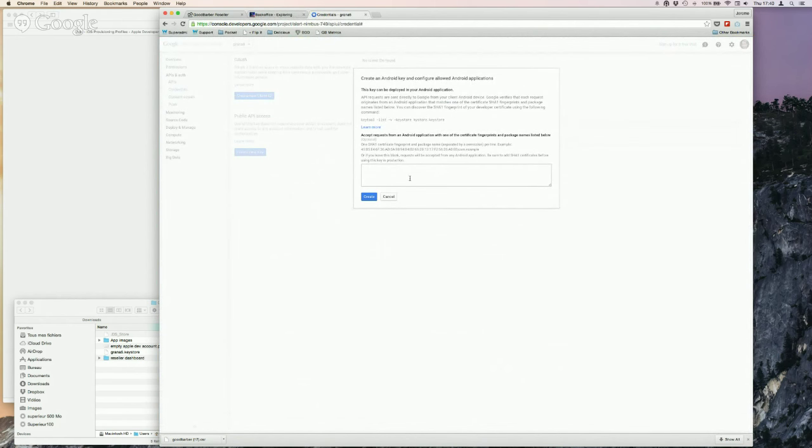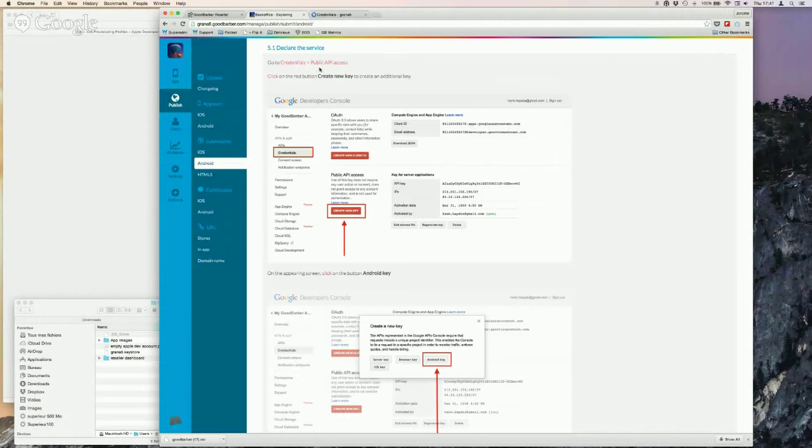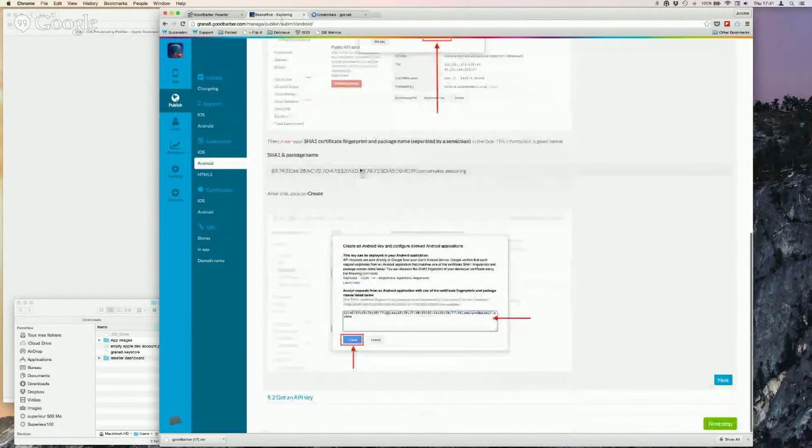And here I need to provide a unique identifier. It's called the SHA1 plus package name. So we give you here this information. So basically here you have a fingerprint that is related to your key store and the package name chosen